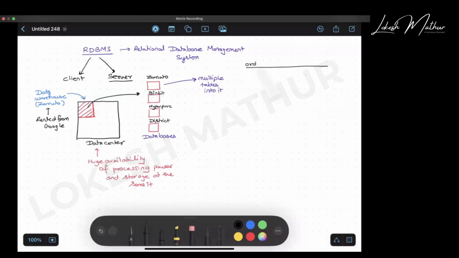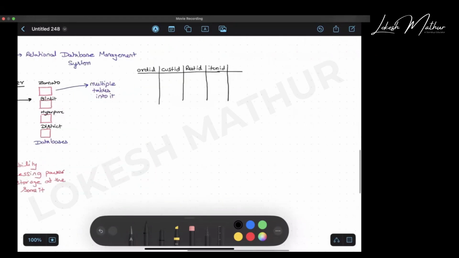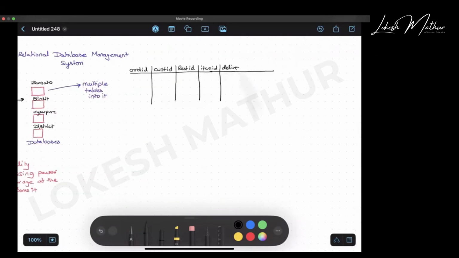We will have the order ID, the customer ID, the restaurant ID, item ID, then delivery partner ID, then total amount, then coupon used, and so on. So this is one table.